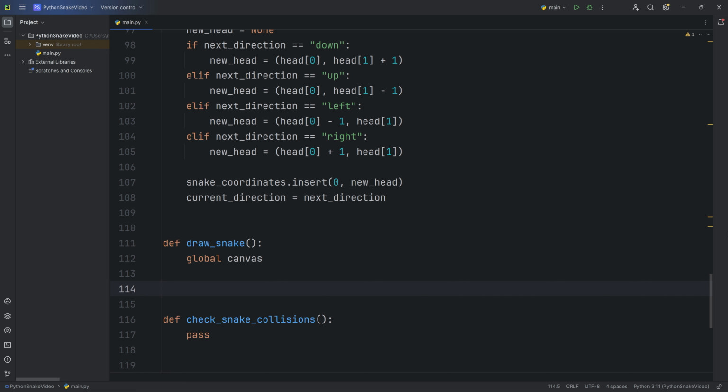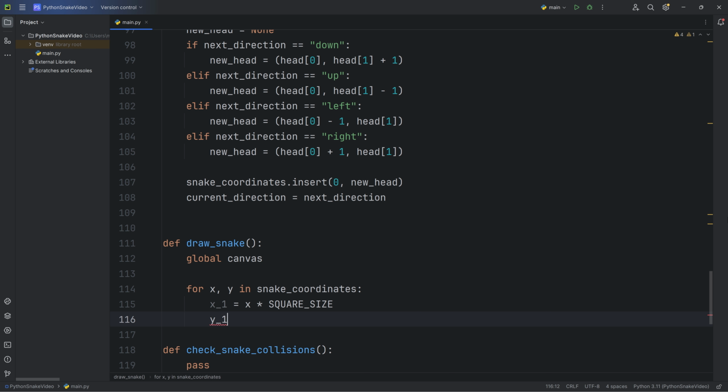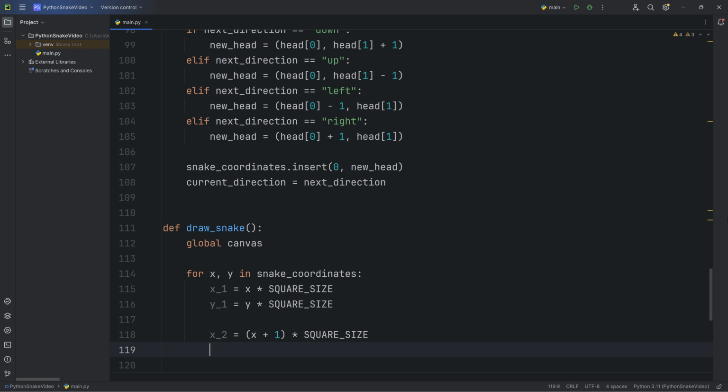For each block of the snake, for x, y in snake coordinates, compute the corners of the square. x1 equals x times square size, y1 equals y times square size, x2 equals x plus 1 times square size, and y2 equals y plus 1 times square size.